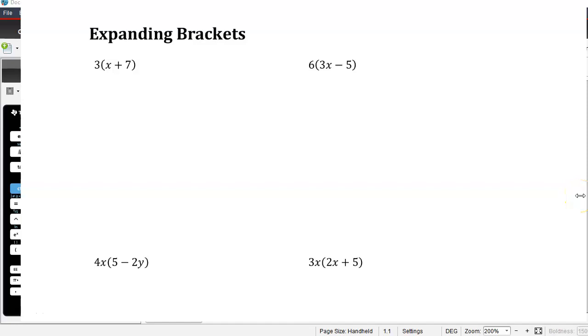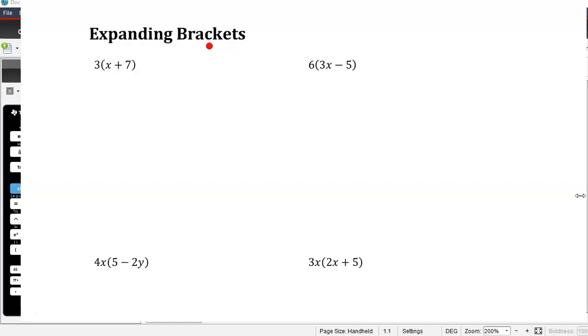Hello, so today we are going to be looking at expanding brackets. Now you may have done this a bit in the past, so this might be a bit of revision, and some of you would have looked at it on Education Perfect also. But expanding brackets, this is about